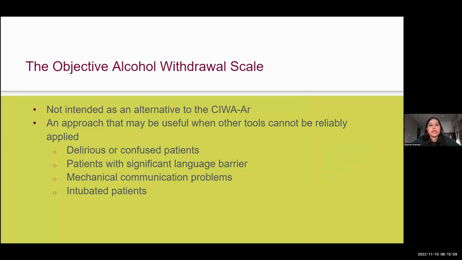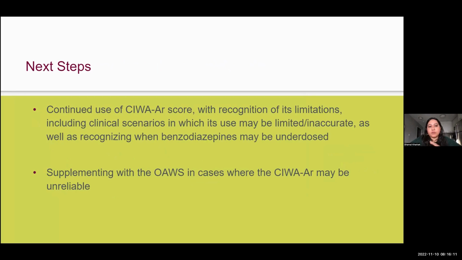So for example, in delirious or confused patients, in patients with a significant language barrier, who may have mechanical communication problems such as facial or jaw trauma, or in intubated patients. So, I think that next steps, we probably will have continued use of the CIWA score, but with a recognition of its limitations, including scenarios in which it may be limited or inaccurate, and recognizing when benzodiazepines may be underdosed,